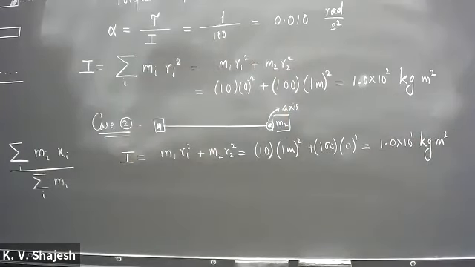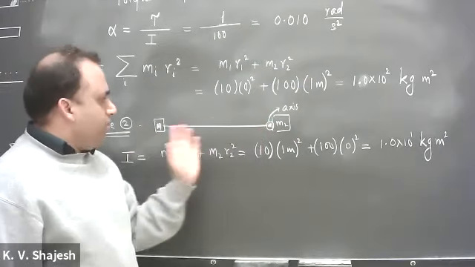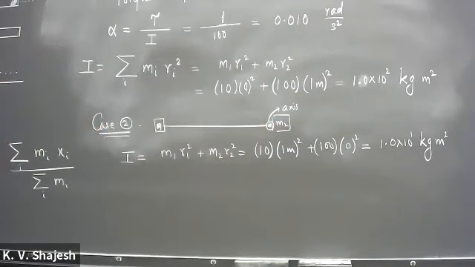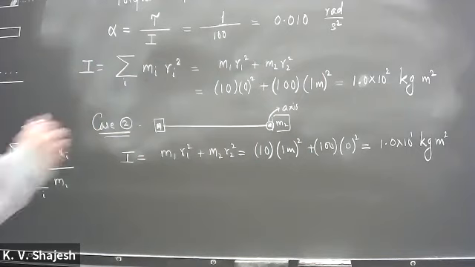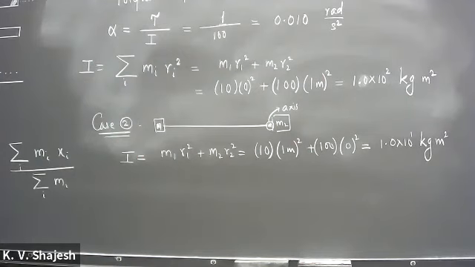Clearly, the moment of inertia is less in this case. That's because the massive object is right on the axis. So you're not really moving it around significantly because it is very close to the axis. So you can also imagine if you're farther from the axis, you're actually moving a farther distance in the same amount of time, right? Because the angular displacement is the same, so the arc length will be larger. So that's another way of interpreting the same idea.